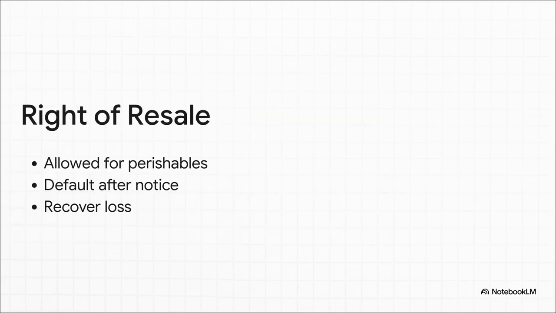Now moving to the ultimate right against the goods, right of resale, section 54. When allowed: perishable goods. When allowed: notice given to buyer and buyer defaults. Effect: seller can recover loss. Effect: buyer loses rights. Let me sternly warn you all right now, do not forget the mandatory notice given requirement in your exam. It's a game changer.